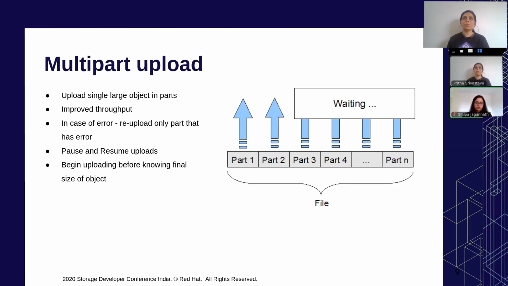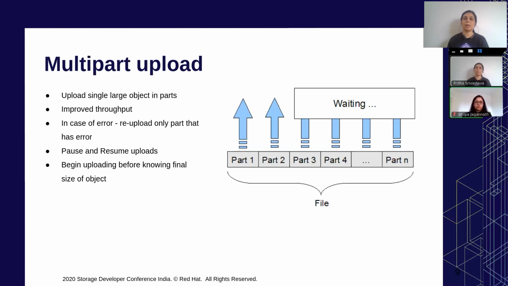In case of object storage, the files that get uploaded are usually very large in size. So this can lead to some kind of problems while uploading that file. There may be some network issues, or sometimes the user may encounter huge latencies while uploading that file. So the file can be divided into multiple small parts, and then the smaller parts can be uploaded in parallel, and one after the other. And this improves the throughput.